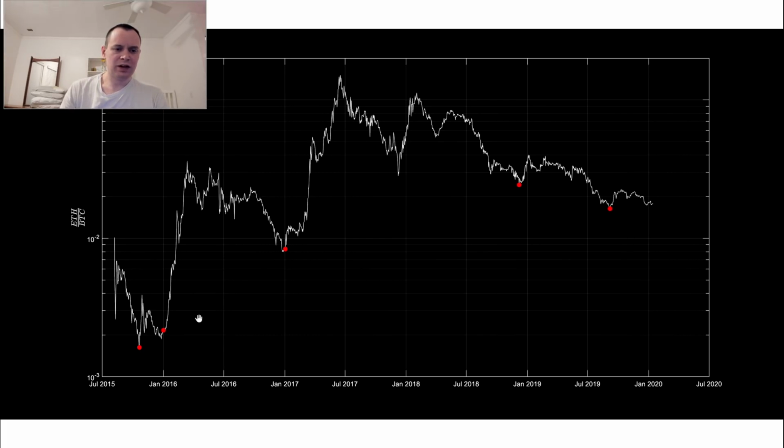But it is an interesting thing, and I've talked about how with Ethereum, when you're looking at moves in the first and second quarter, typically, not always, but they typically tend to have a decent return. So with respect to Bitcoin, you can see that the first two quarters of this year saw a really good return against Bitcoin. Over here, saw a really good return. Again, over here, going into that first and second quarter, with respect to Bitcoin anyways, we saw a pretty good return. And even over here, even while we were in a downtrend going into 2019,